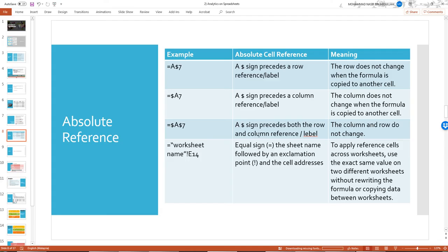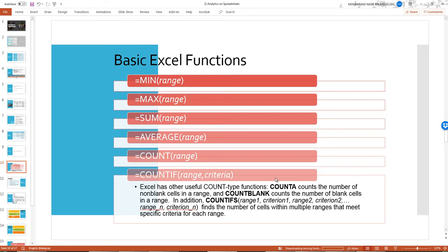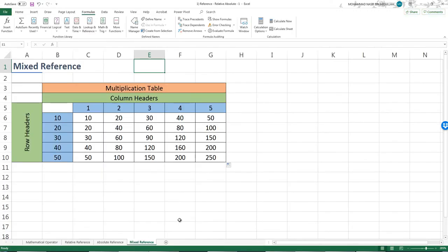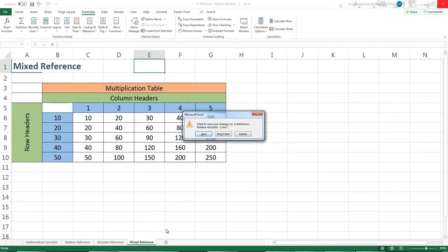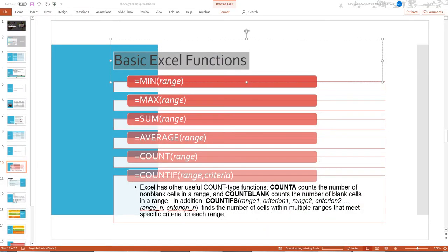So, next. This one example. Okay, next, since you already understand, now kita nak tengok basic Excel function. So, let me shut down this one. Tutup, tak save. So, you boleh save lah, ha? You boleh save dalam you punya